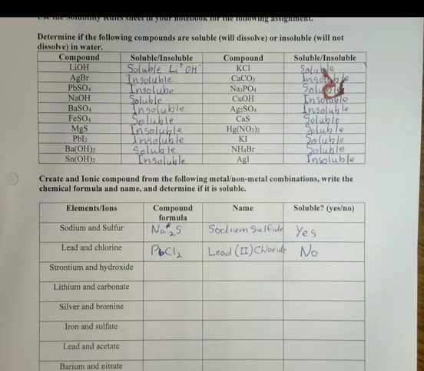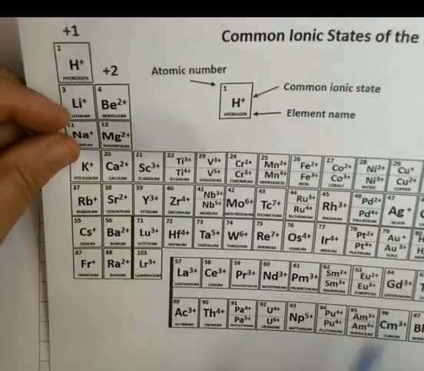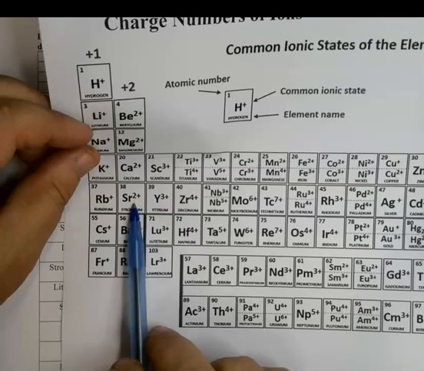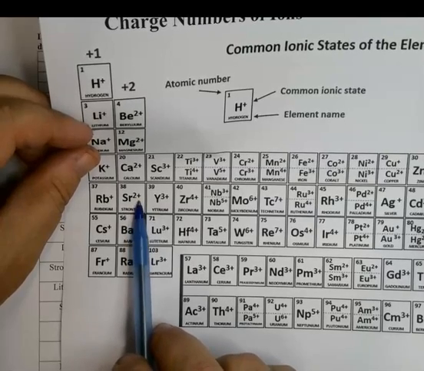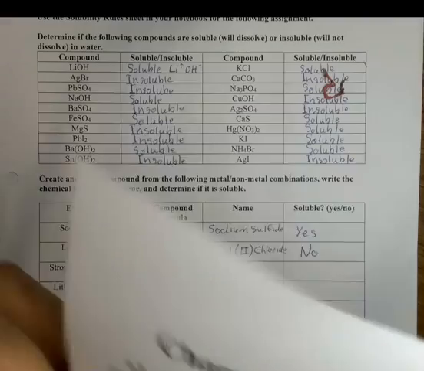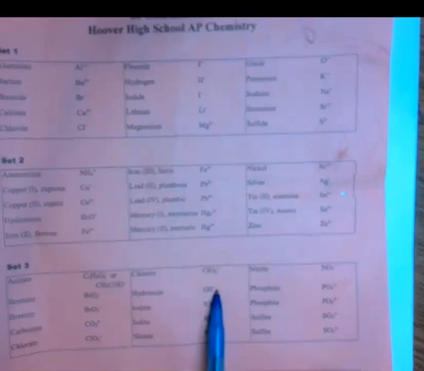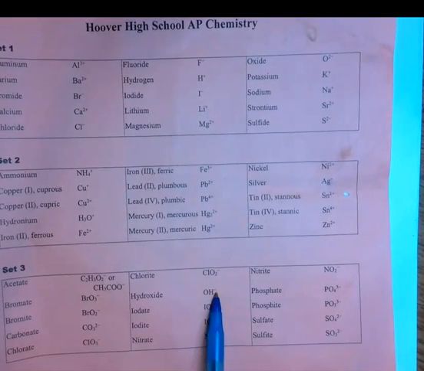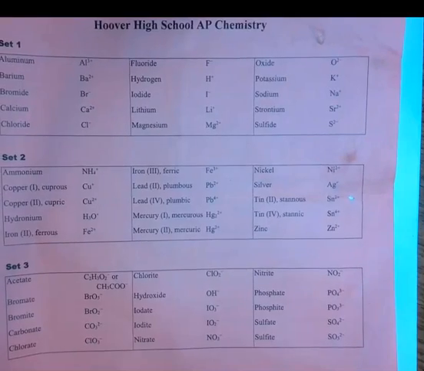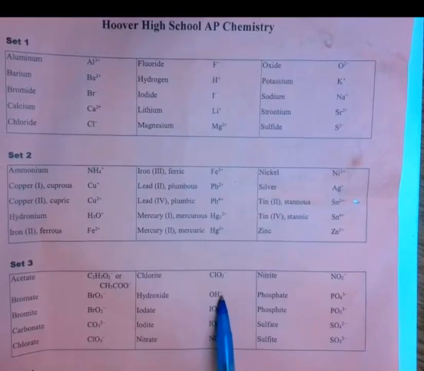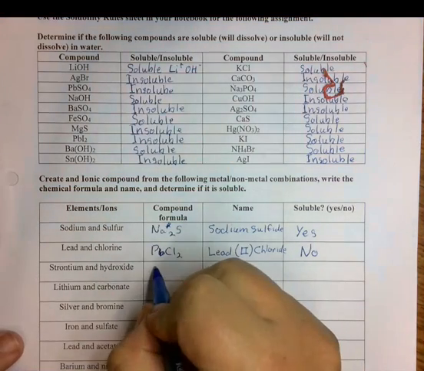Okay, next is strontium hydroxide. So we're going to come over here and see that strontium is a 2+. It's in the second row over. It's alkaline earth. It wants to throw off 2 electrons. Now, hydroxide is not an element, so we have to come over to our ions table. And we see hydroxide right here. And hydroxide has a -1 charge. It wants to take in 1 electron. So strontium wants to give off 2. Hydroxide only wants to take in 1, so you need 2 hydroxides to catch both of the electrons that the strontium throws off. So we go ahead and we write that as Sr